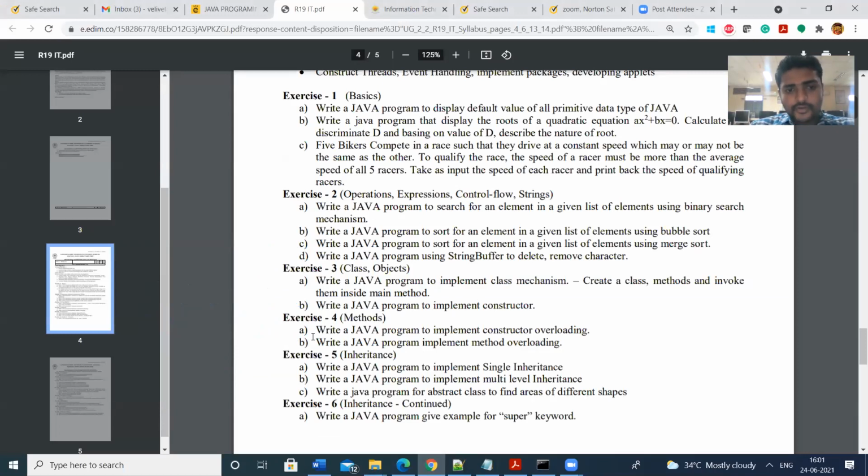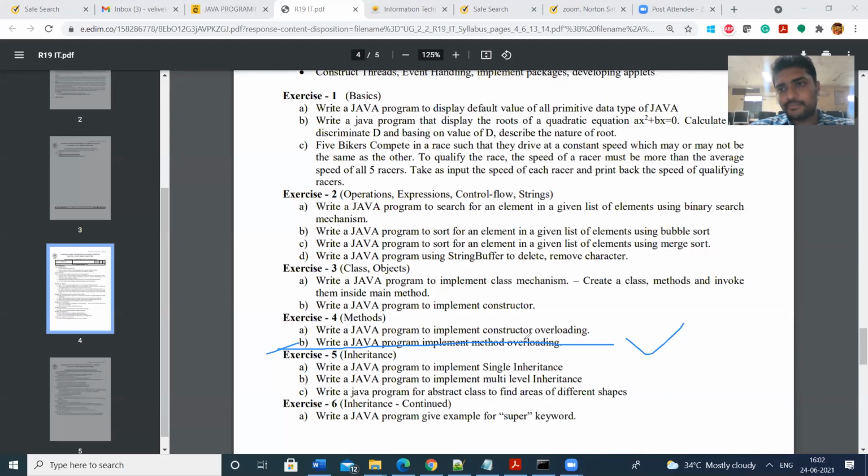So this is the fourth exercise. We have completed the 4 exercises: first one, second one, third one, fourth one. Up to this, we have completed the lab exercises. In the next class, you have to complete the observations. You have to run these programs in your systems or online compilers, and write the output in the observations, up to exercise 4. Then after completing all the programs, you can prepare the lab record. All the programs are placed in the Edmodo group. If you have any doubts, you can refer to the Edmodo group.